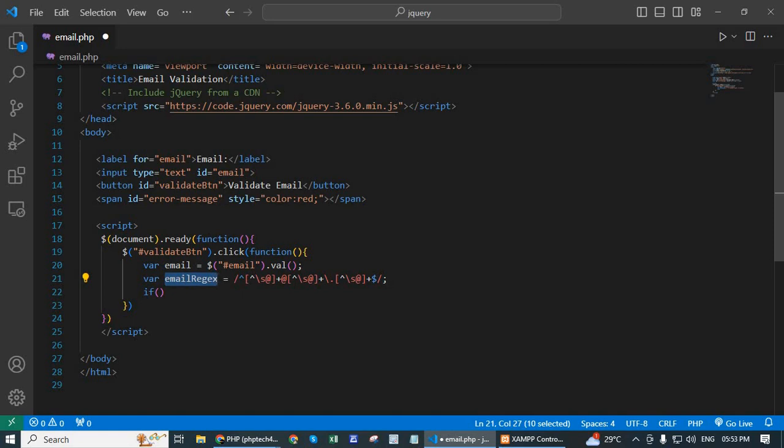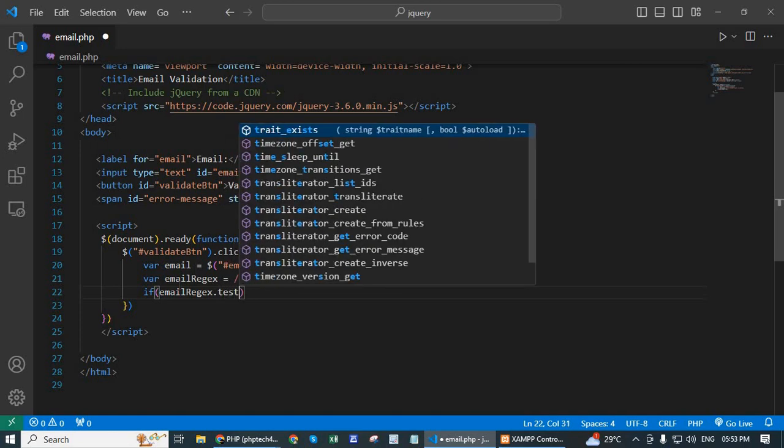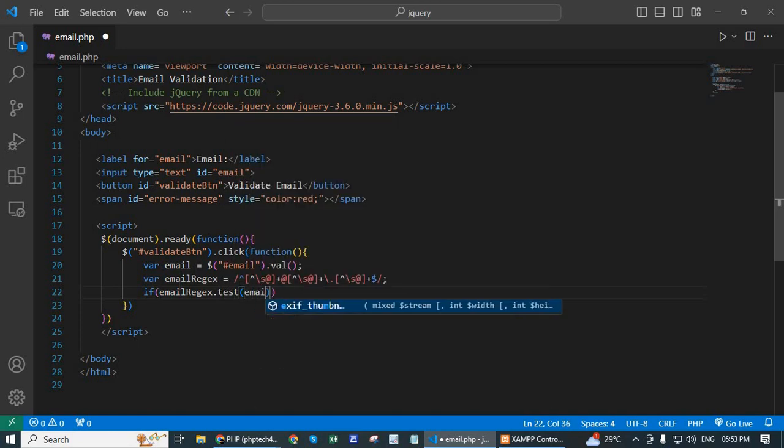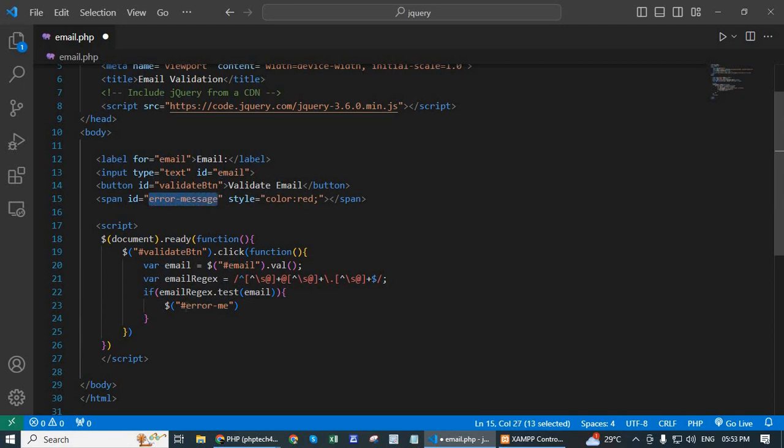Copy this variable and pass here .test(email). $("#error message") - copy the span ID, paste here - .text("valid email address");